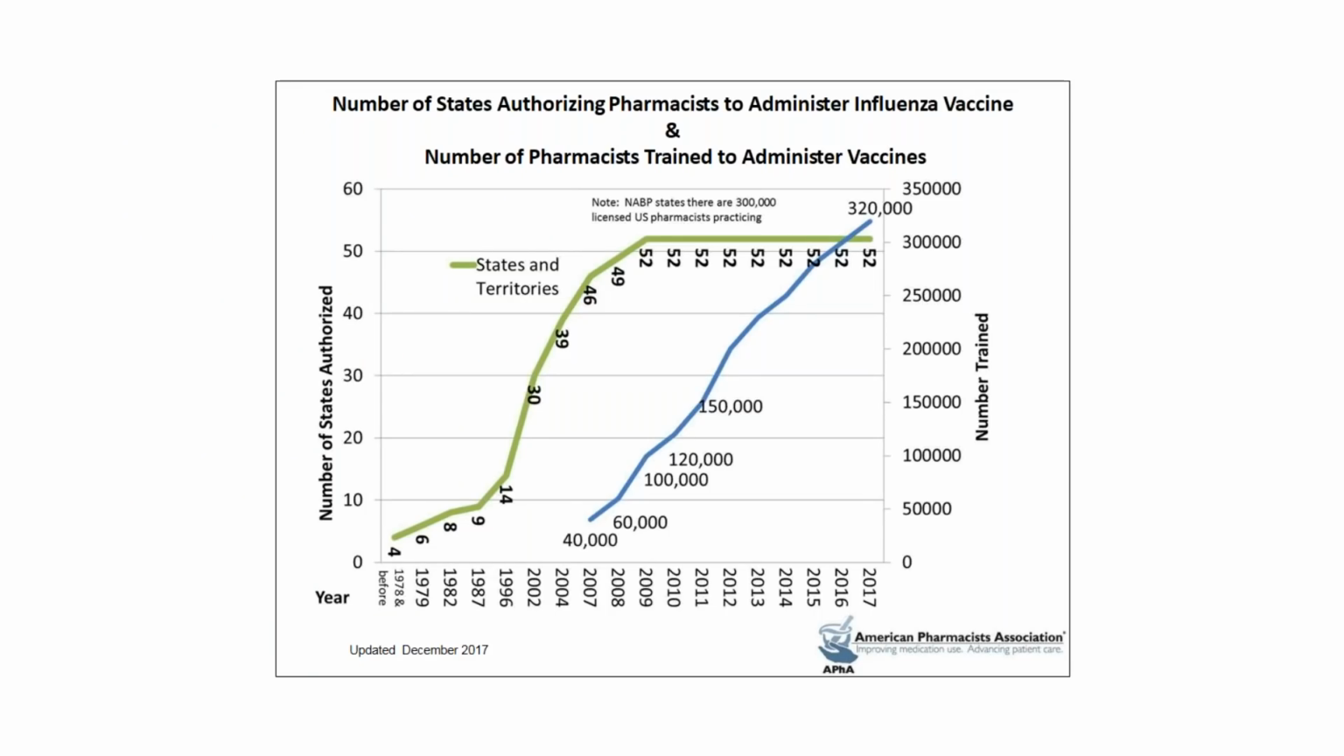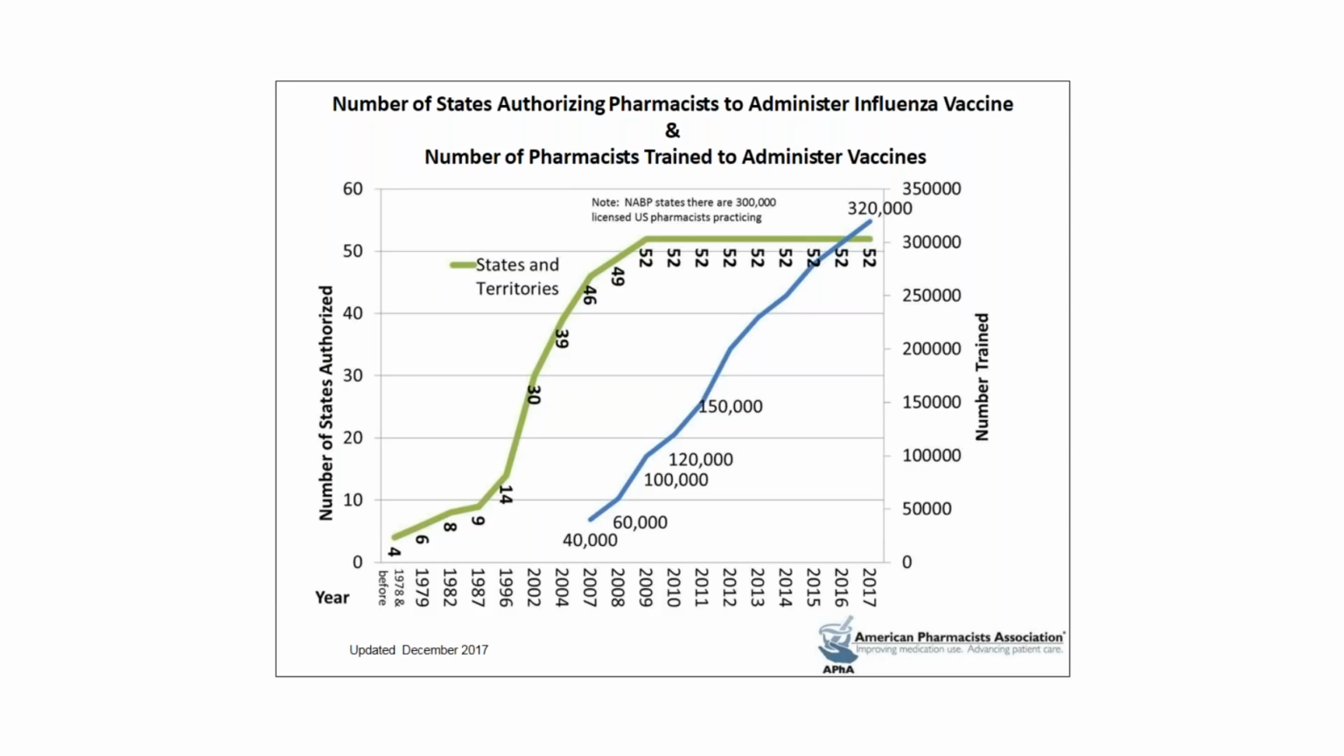This is a slide from the American Pharmacists Association, and it really just shows the public health impact that pharmacists are having in being able to vaccinate people throughout the years. So this slide just documents the number of states that pharmacists have increased their authorization on vaccinations. And really, since about the 80s,